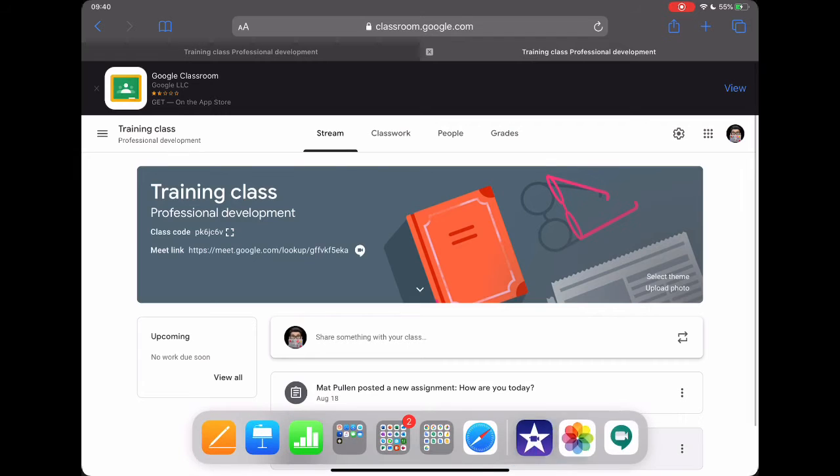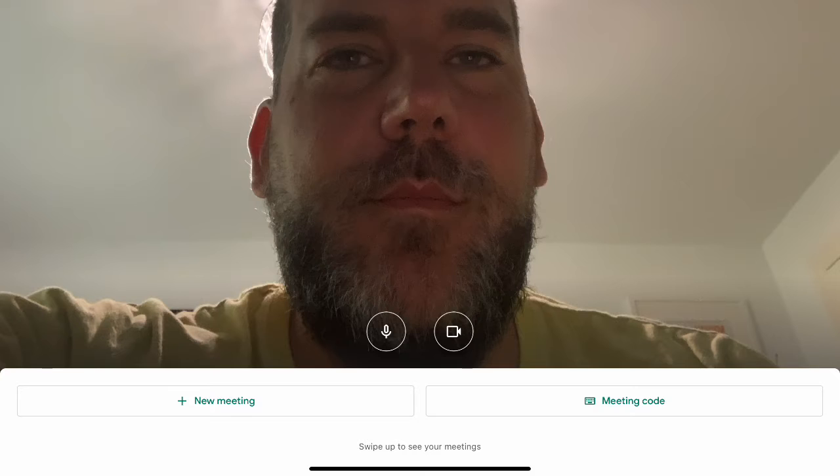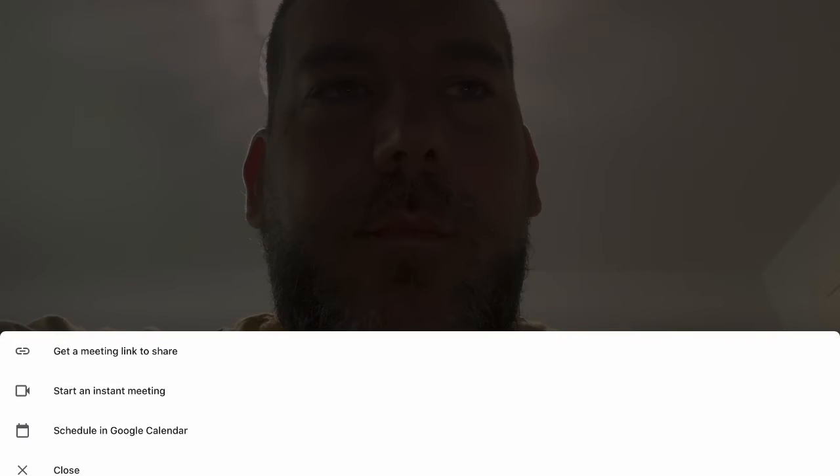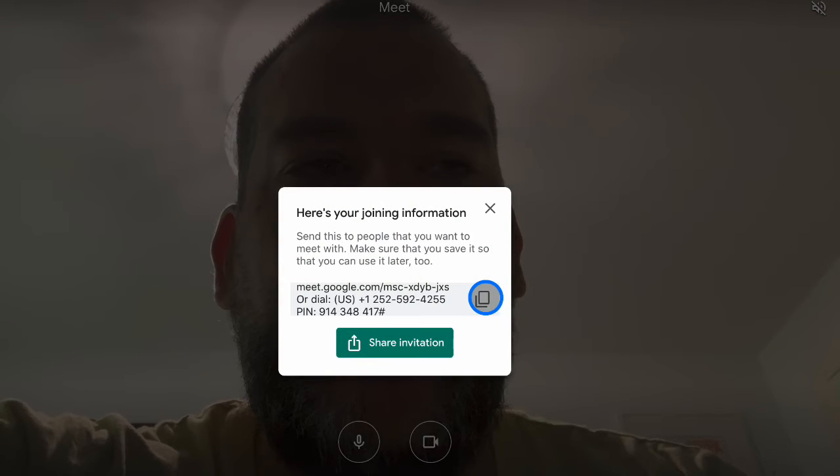So I'm going to go to Google Meet, which is this app here. In Google Meet, you'll notice that we have the option to add a new meeting. So if we go ahead and tap on that, we then get the option to get a meeting link to share with our students. By tapping on Get a Meeting Link to Share, we then have the option to share the link to our students. So here we can see that link on the screen, and we just need to tap here to copy that link,